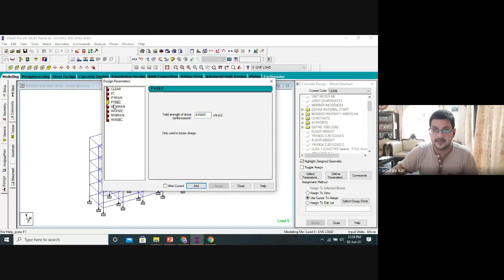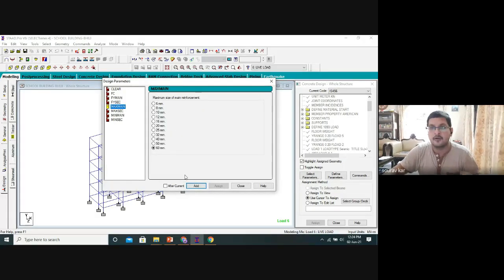Again, we will add maximum main bar. For beams and columns, if you consider both, we are restricting the maximum main bar to 25 mm. I will click add. Maximum secondary, that is for stirrups, for shear reinforcement. Let me take maximum 10 mm. Add. Next, minimum main bars. Minimum main bars, let us take 12 mm. Satisfying both the code clause for beams and columns. Similarly, for minimum secondary, let us take 8 mm.